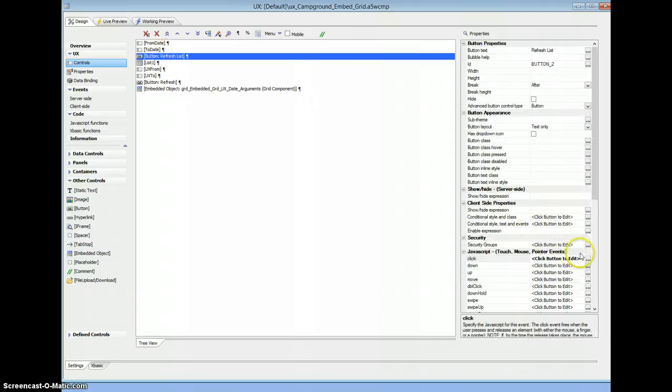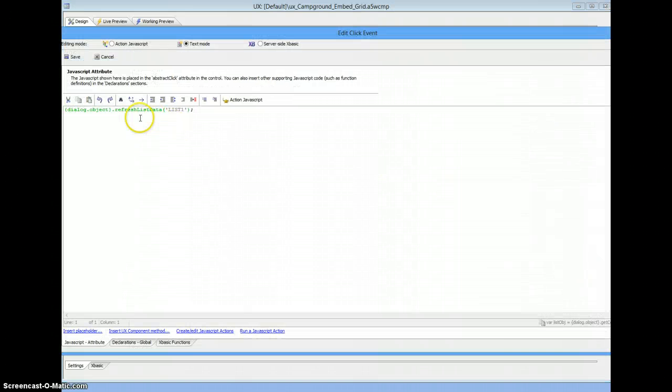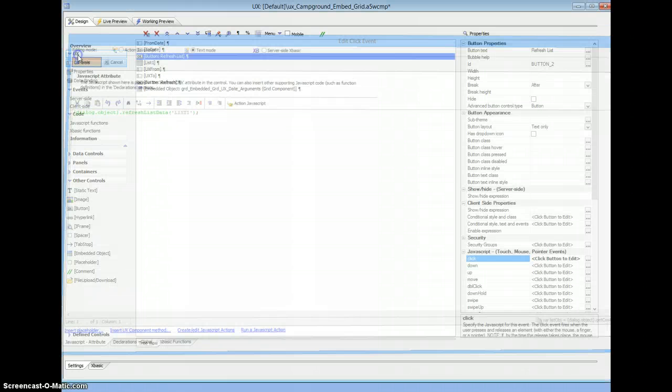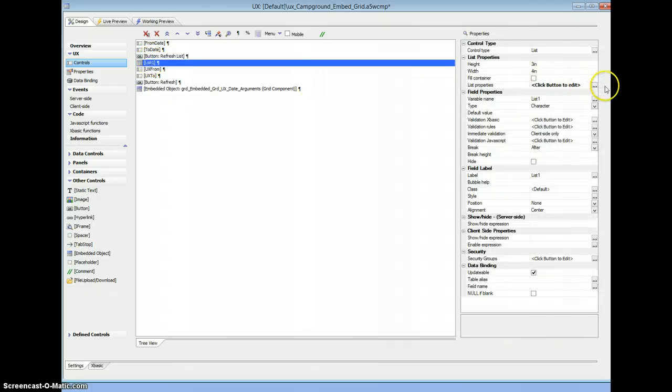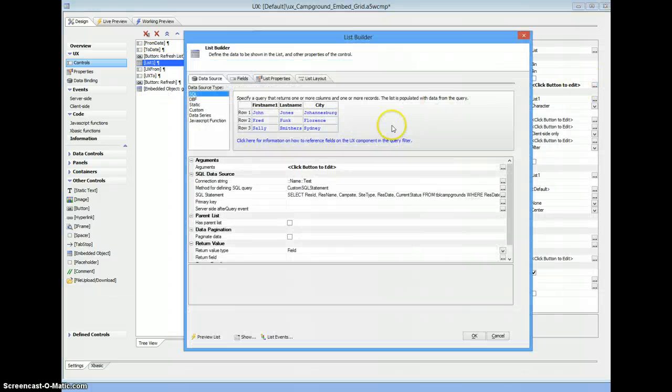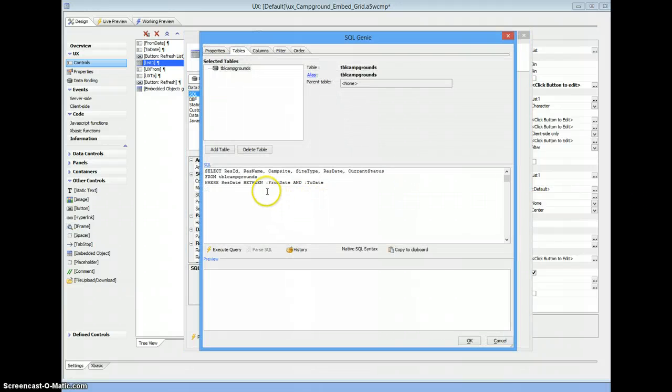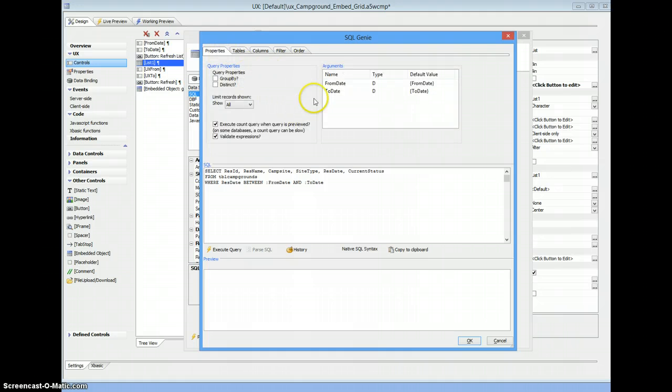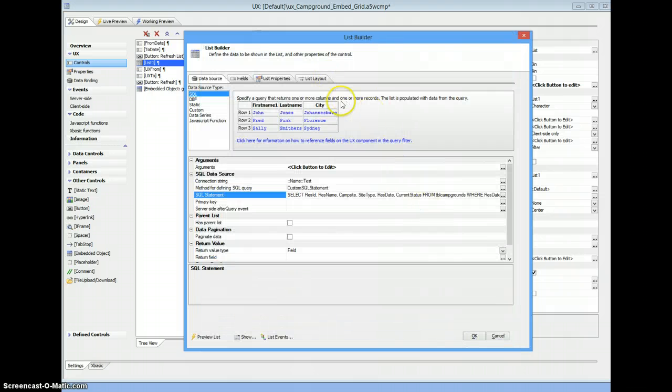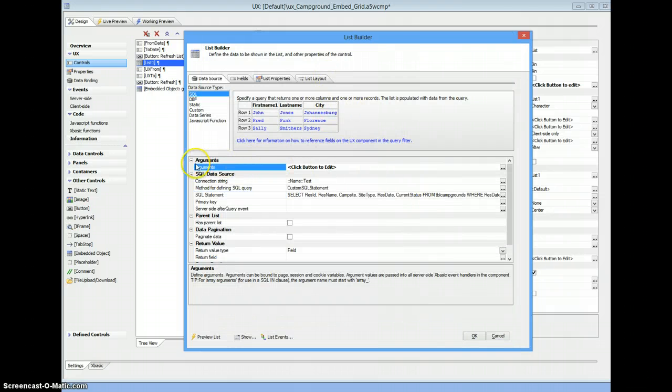Refresh list is just a button with refresh list data, so that makes a call back, an AJAX call back, and grabs data again. Now the list itself is based on a SQL statement, from date and to date in there, and properties. We've got a couple of arguments set up, and we do that right here in the arguments of